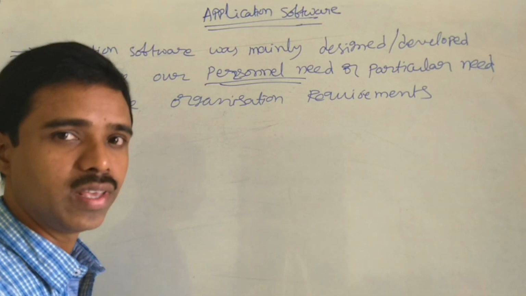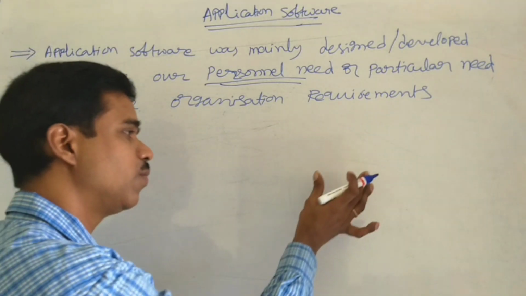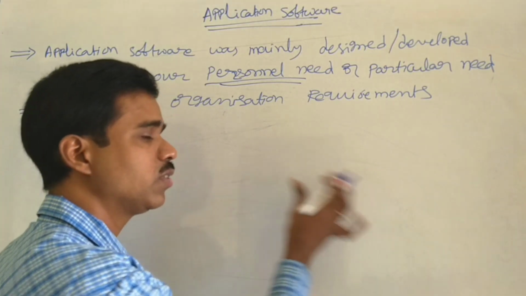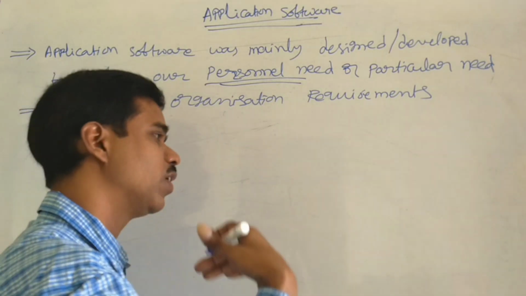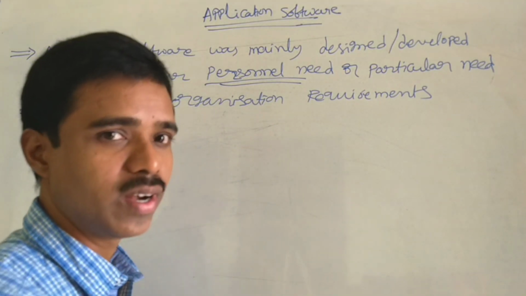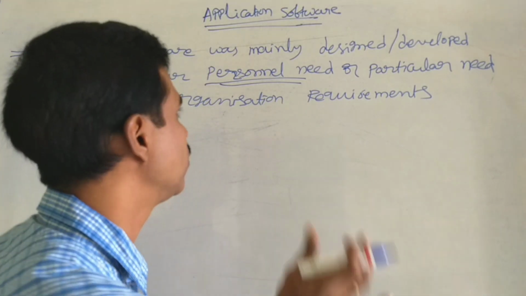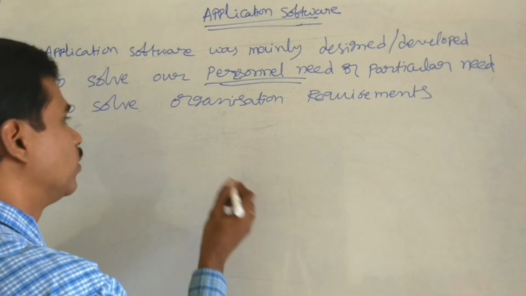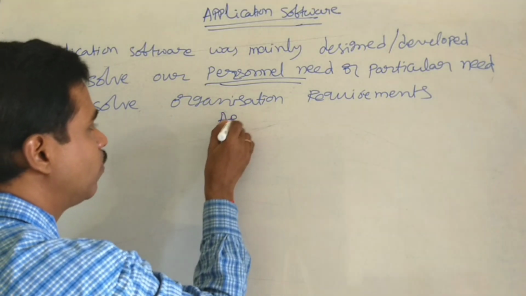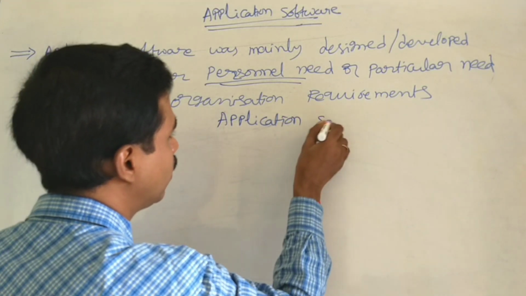I think you got the clarity on the difference between system software and application software. System software will run the computer operations smoothly. If the computer is getting started perfectly, then we can do our work with the computer. So to solve our needs, we have to use application software. Majorly, application software was divided into some categories. With respect to those categories, I will explain.